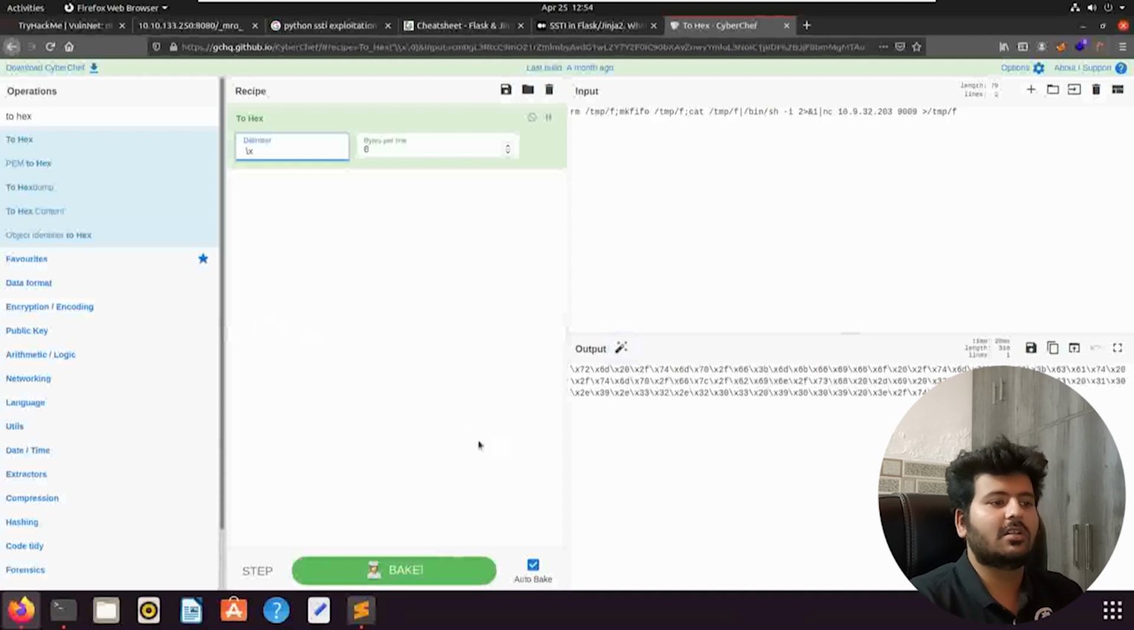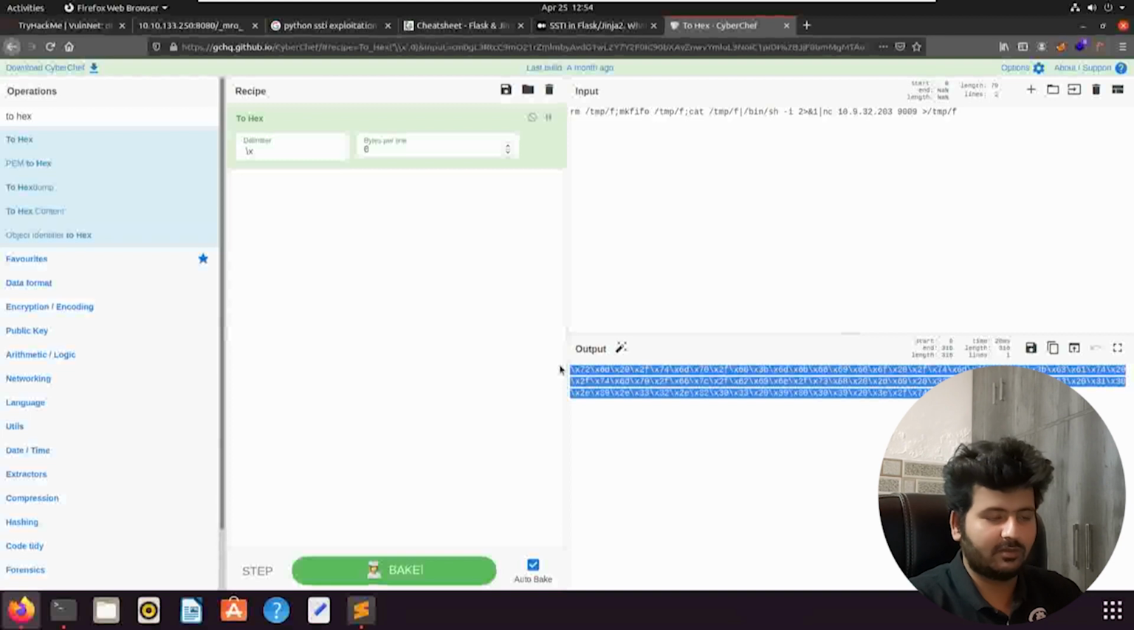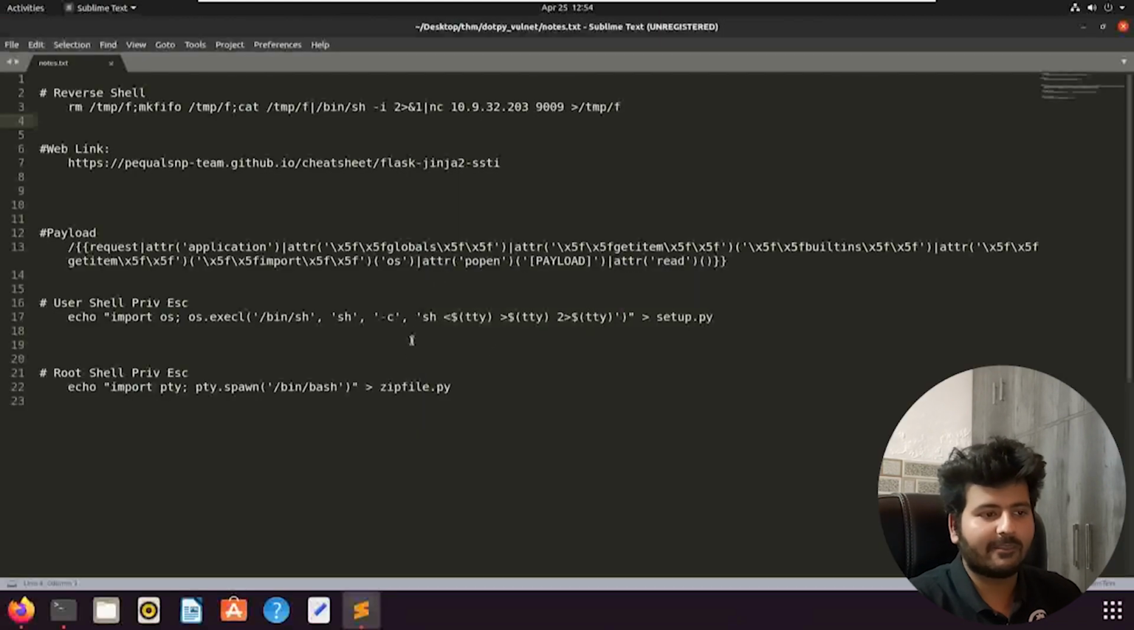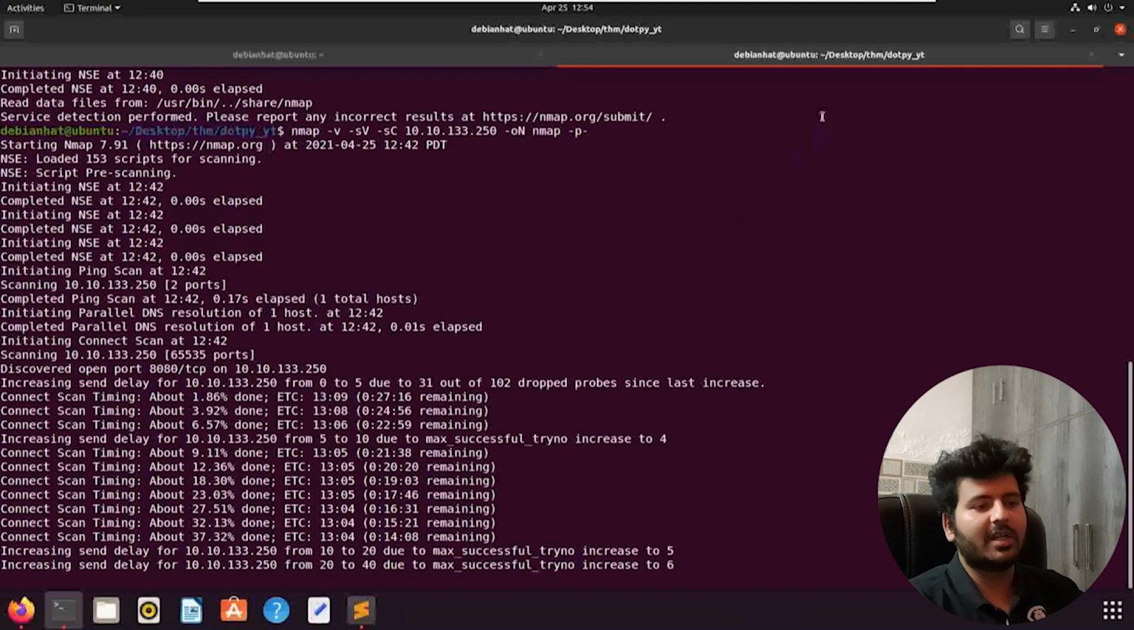No, the delimiter has to be this one, and copy it, paste it here at the point where it says payload. Yeah, paste it over here. This is going to be the payload which we'll be using to get the shell on the box. Before that, let's